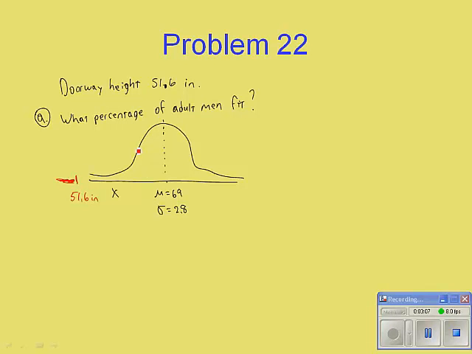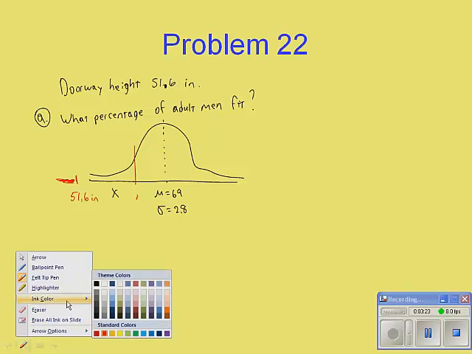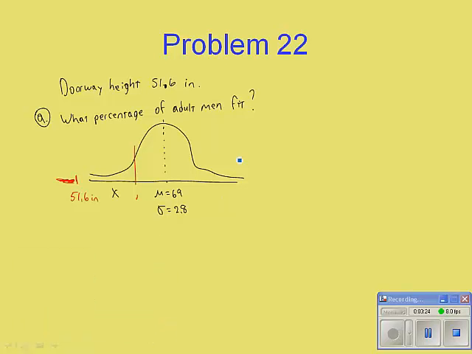Now, some of you might have drawn a line right here and put 51.6. You'll still get the problem right, and then you'll realize later, oh, my graph was way off. But you'll still get it right if you're drawing your sketch. Let me show you. What we do is we take this and we convert it to